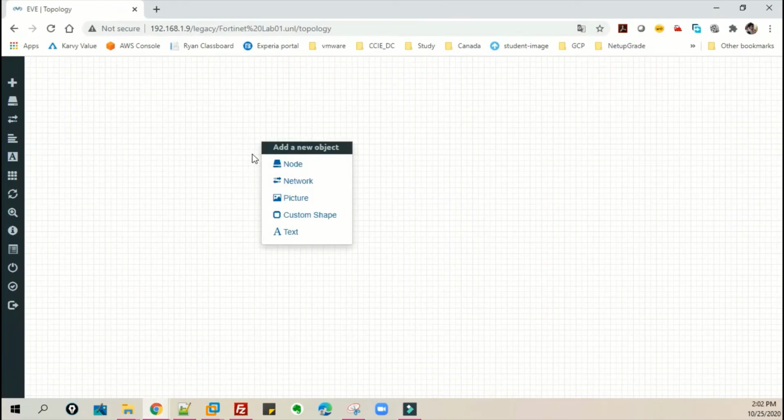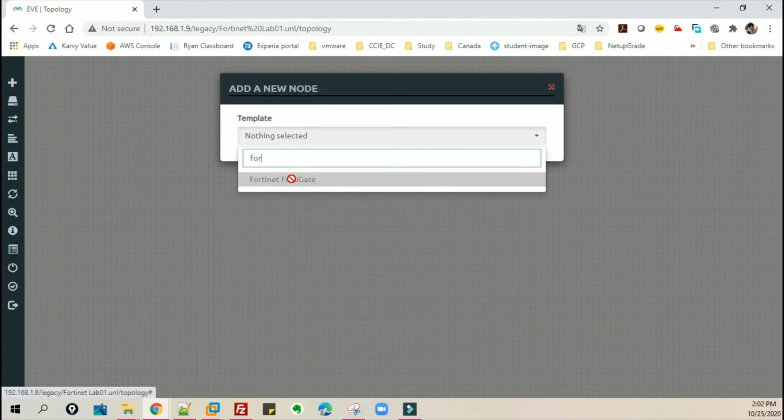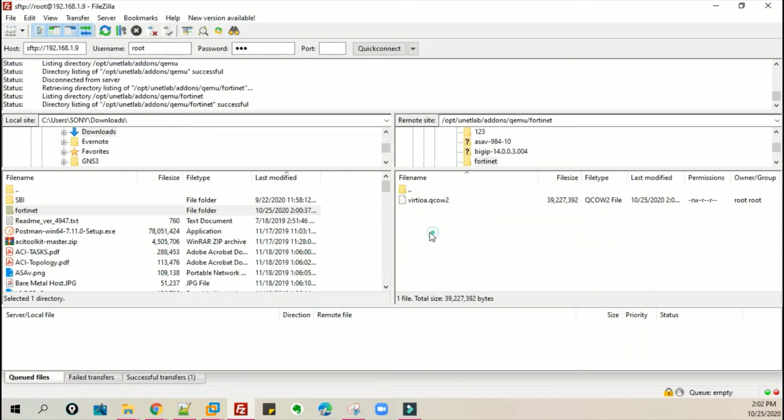Now right click here to bring in the Fortinet, type 40. It is not there, so let's check what's wrong. Fortinet, virtioa.qcow2. Okay, it is correct. What could be the file name? Okay, let's try to rename this folder name. It says